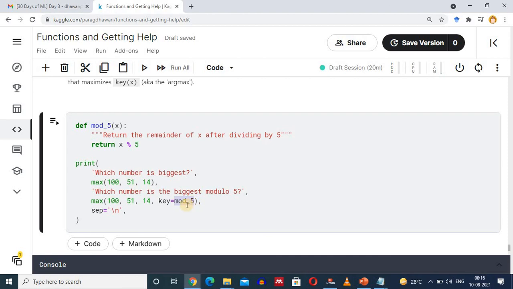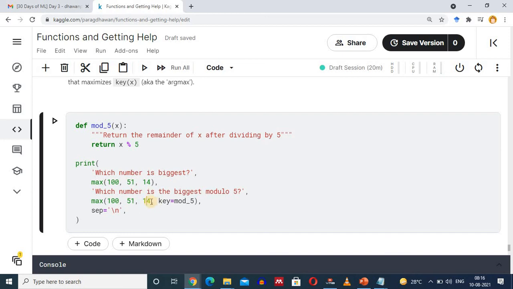What will be done? This mod5 function will be called for all the elements inside this max function. So we will call mod5 of 100 which will return 0, mod5 of 51 which will return 1, and mod5 of 14 which will return 14. Now the new values for the max function are 0, 1 and 14.